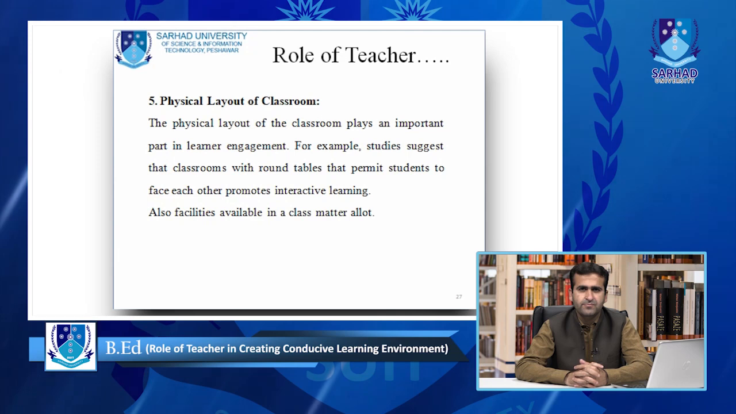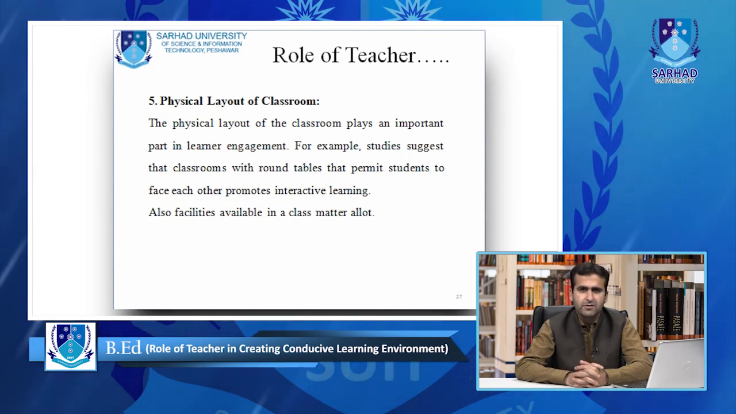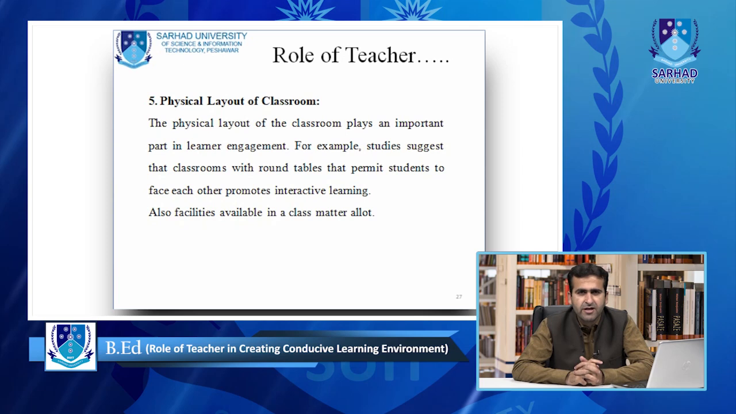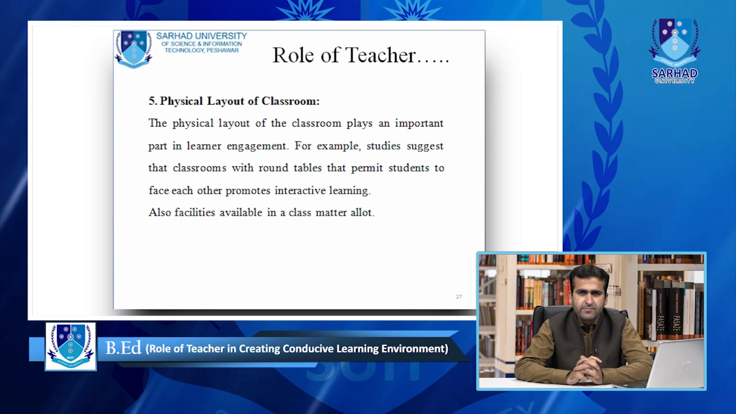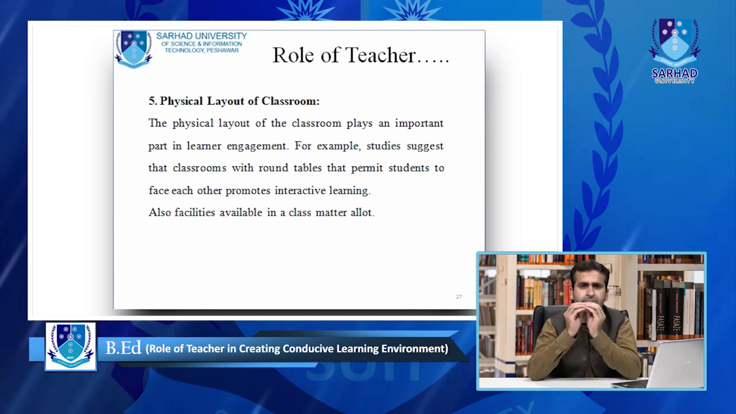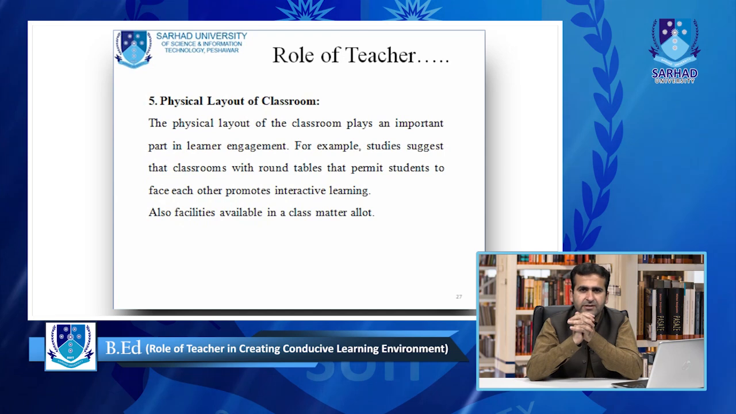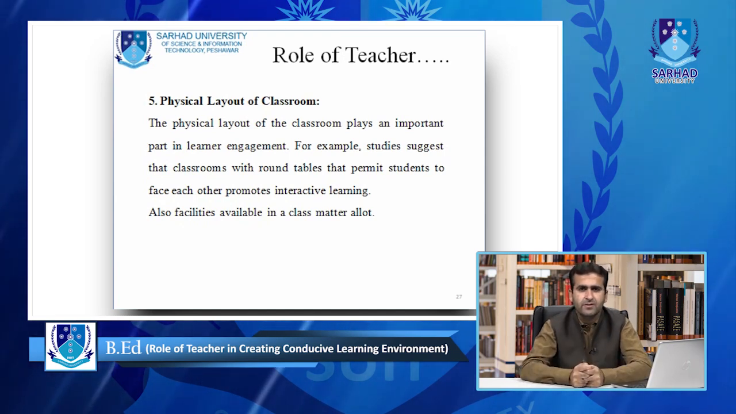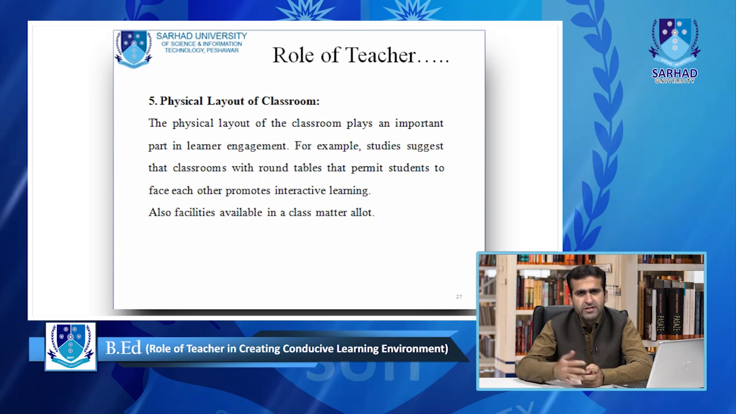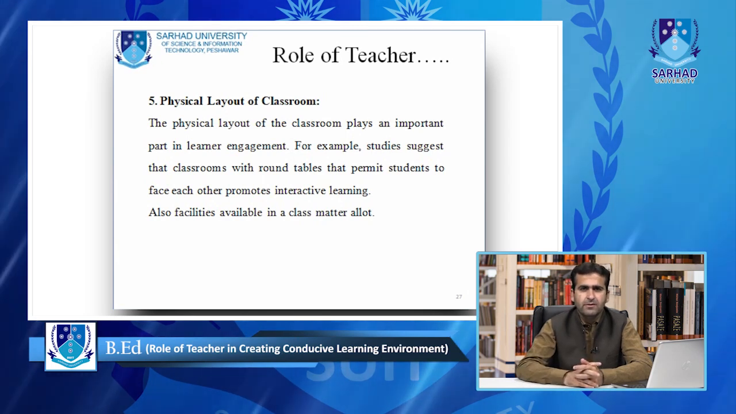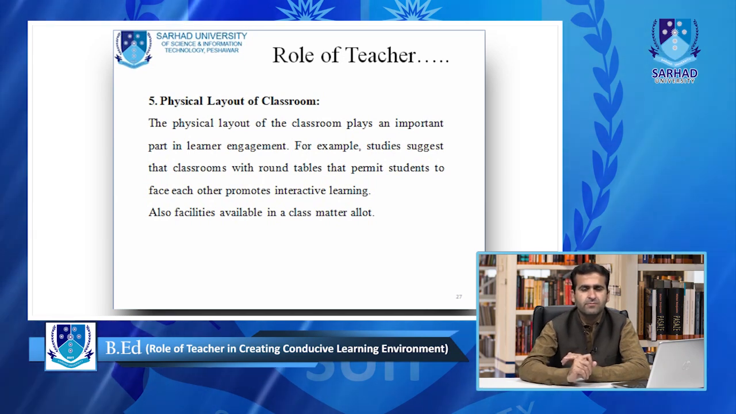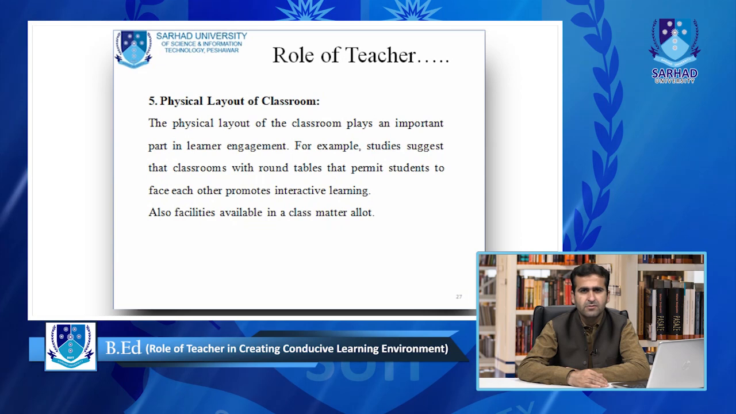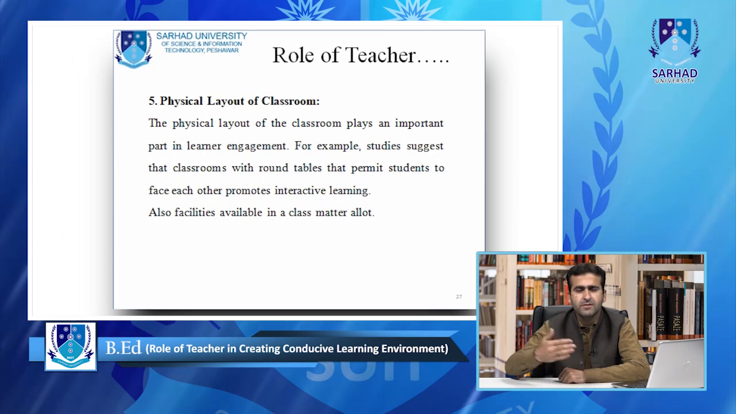Physical layout of classroom. जब एक टीचर एक कंड्यूसिव लर्निंग एनवायरनमेंट क्रिएट करना चाहता है, तो टीचर को चाहिए कि पहले वो क्लास में जितनी अवेलेबल फैसिलिटीज है वो प्रोवाइड करें। इसमें दो तीन चीज़ें आती हैं। इसमें नंबर 1 आती है सीटिंग अरेंजमेंट, प्रॉपर रोज, प्रॉपर कॉलम्स और प्रॉपर ग्रुप्स।